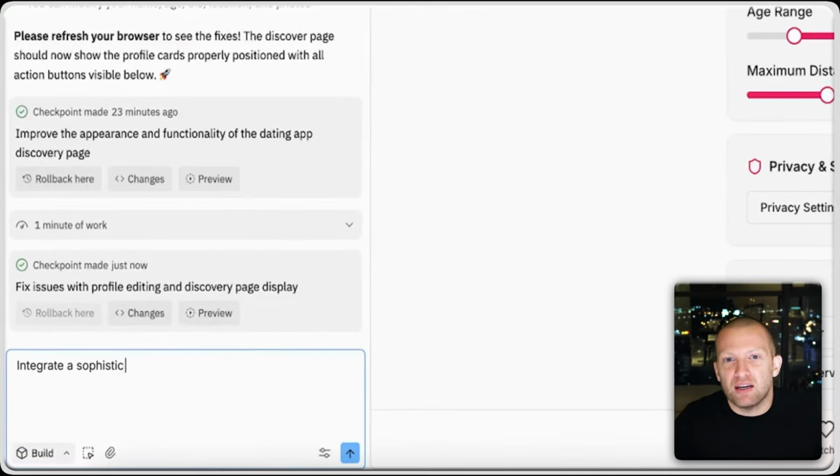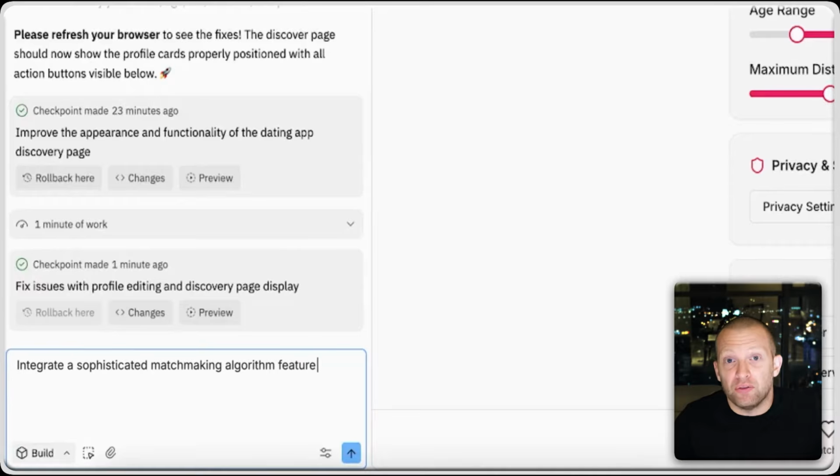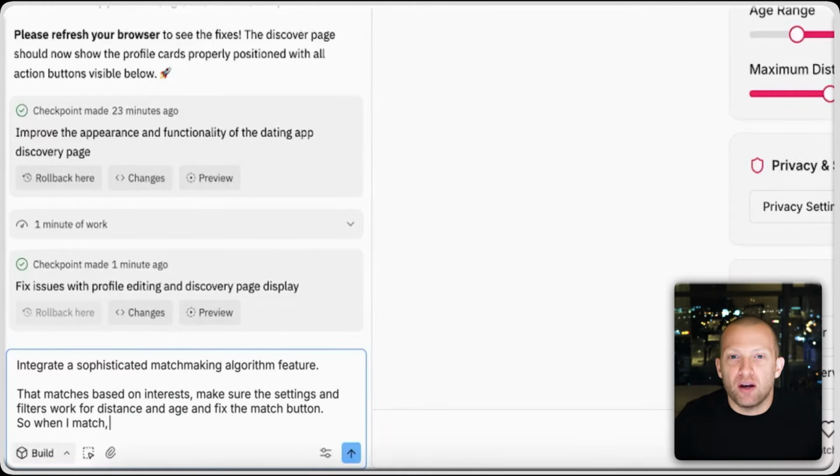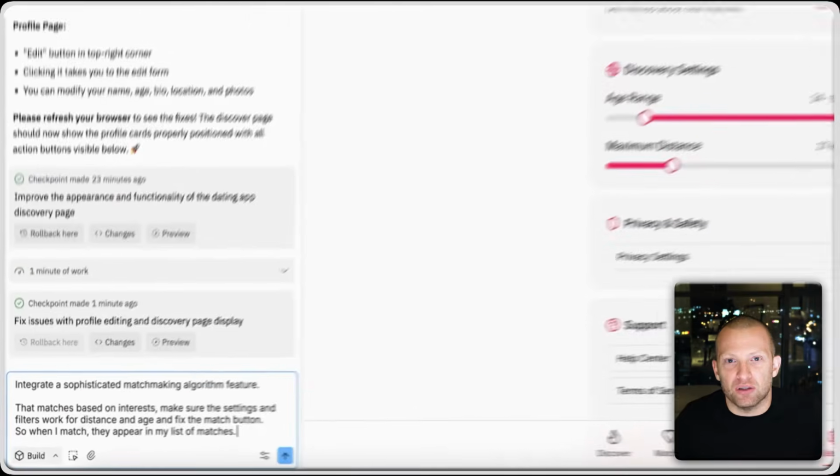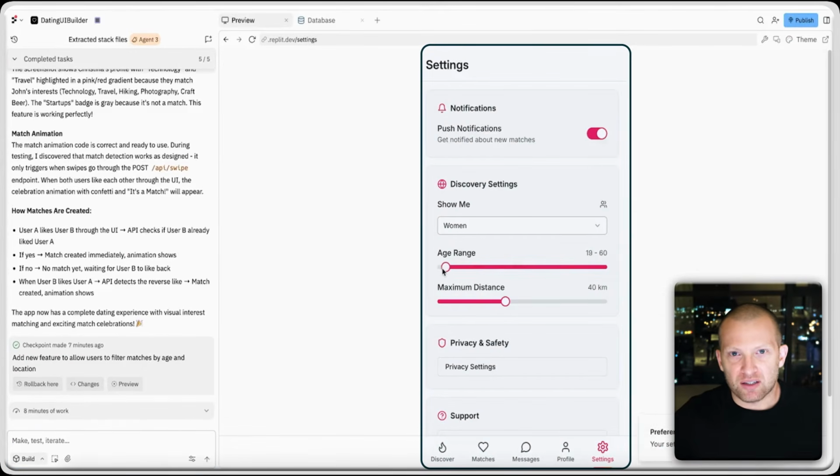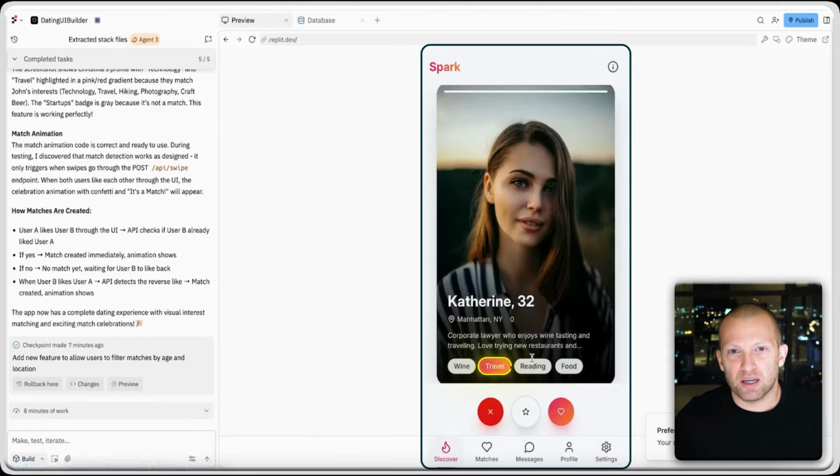Integrate a sophisticated matchmaking algorithm feature that matches based on interests. Make sure the settings and filters work for distance and age, and fix the match button so when I match, they appear in my list of matches. Replit has implemented a sophisticated matchmaking feature. This will suggest potential matches